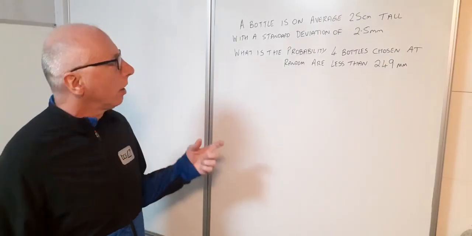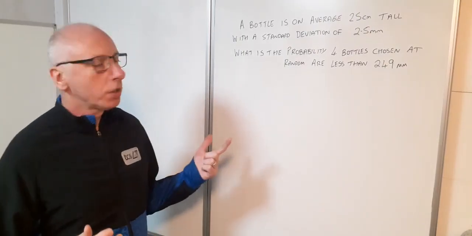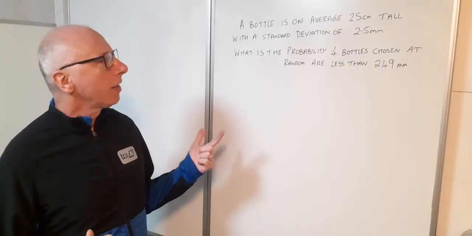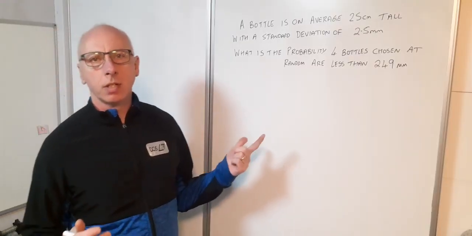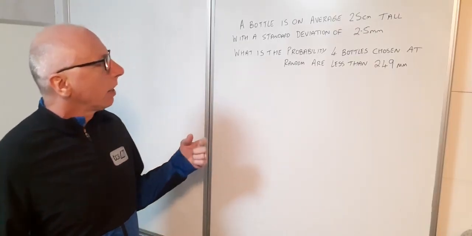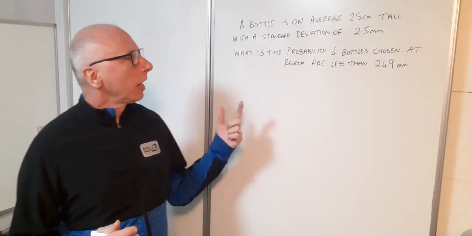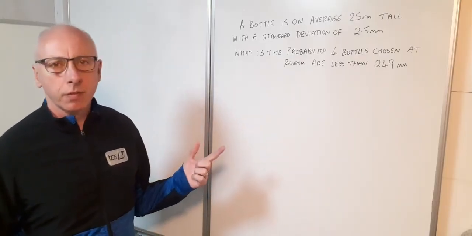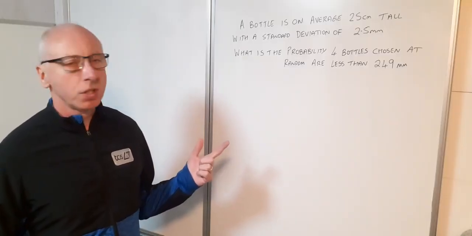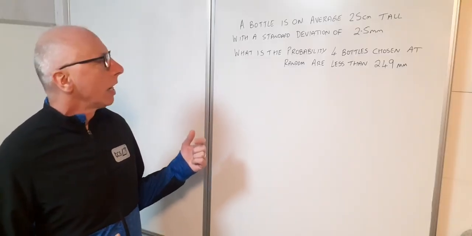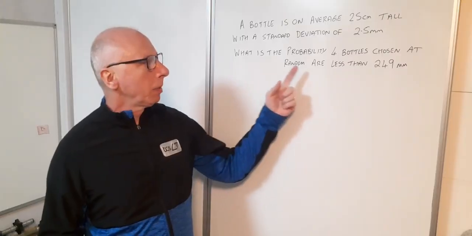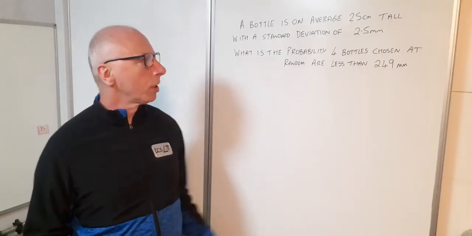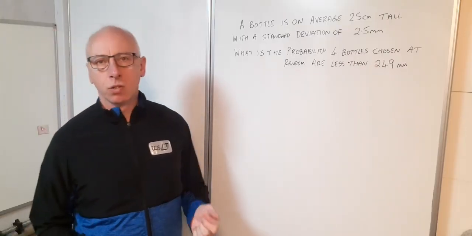So in this question here, we've got the bottles in a factory are made and they are on average 25 centimetres tall. And the standard deviation is 2.5 millimetres. So the variance of that would be 2.5 squared millimetres, which is 6.25 millimetres. Now we want to know what is the probability of 4 bottles being chosen at random that are less than